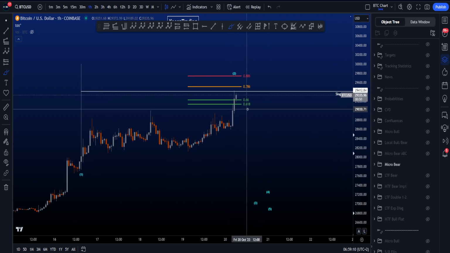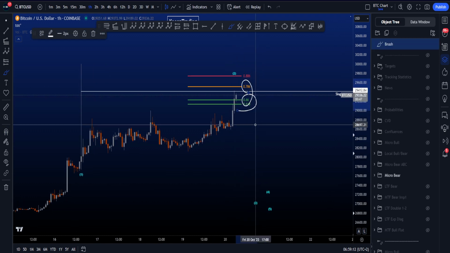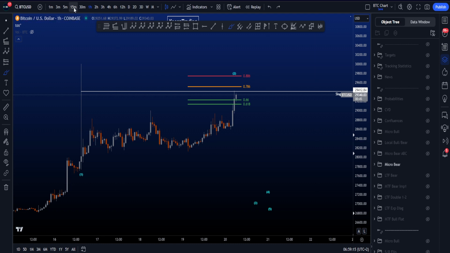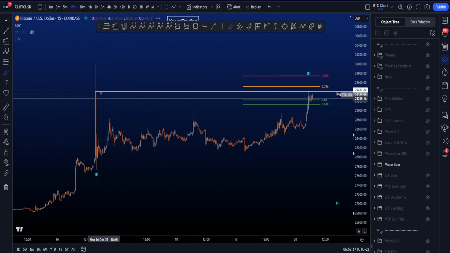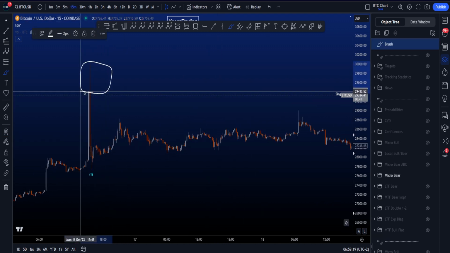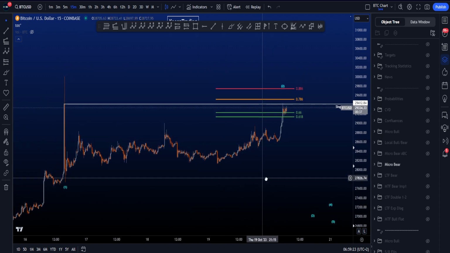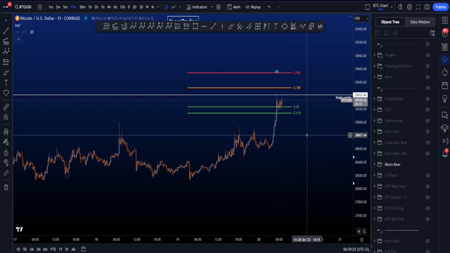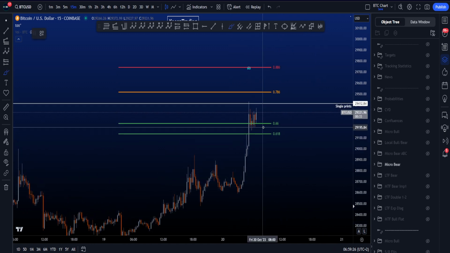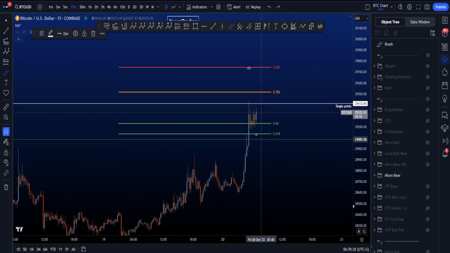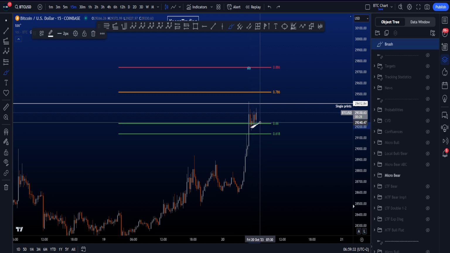Now, in this scenario, common targets for wave 2, golden pocket 786, are left, as you can see, and price just hit the single print, which is basically the top of this candle over here. It's an order flow term, I suppose, but it just hit the single print as a little bit of resistance. However, we are at the same time finding support at the golden pocket, building some bullish divergences